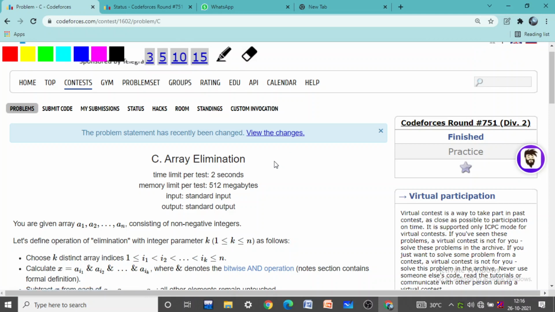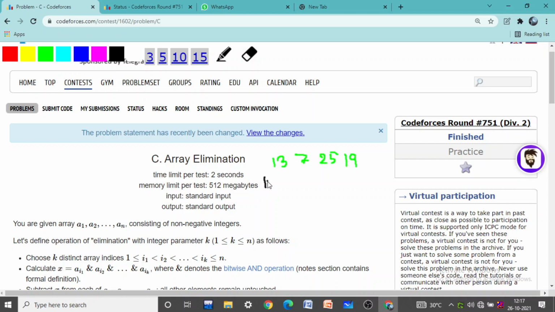Let's say the array is 13, 7, 25 and 19. Now let's say we took the value of k as 2.